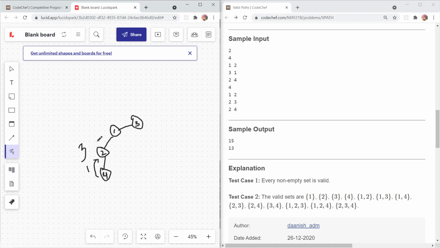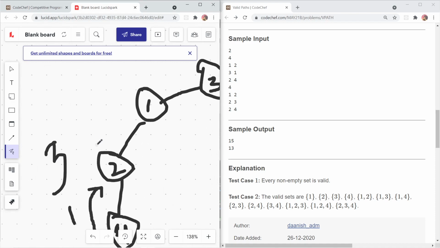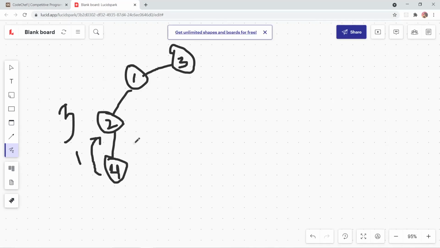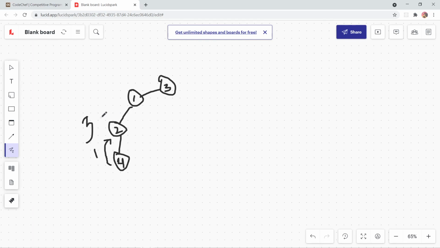Okay, he's saying that I am having 3 paths. I can just make my screen large. Just give me a second. Yeah. So it returns the value 3. It says that I can make 3 paths. Then it says you can make 3 paths. It returns this value 3. So he says that I can make 3 paths.